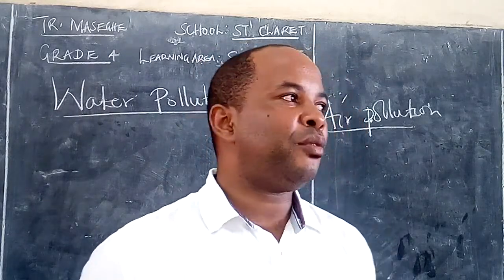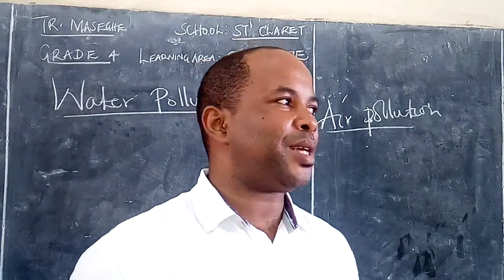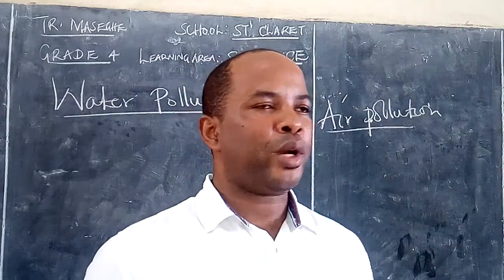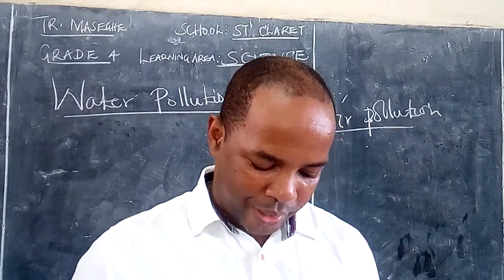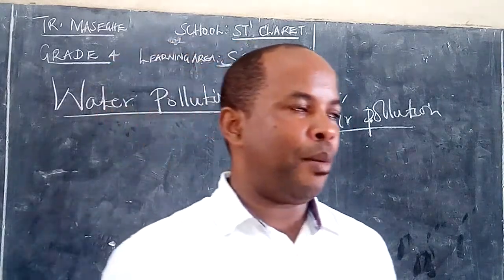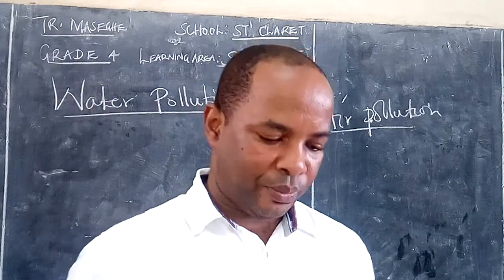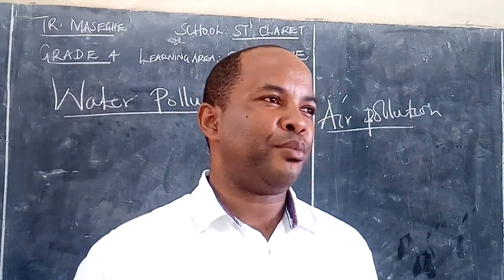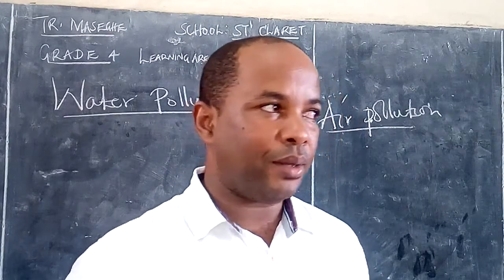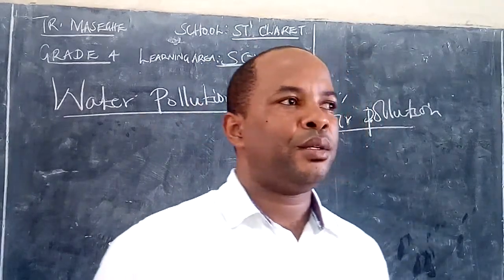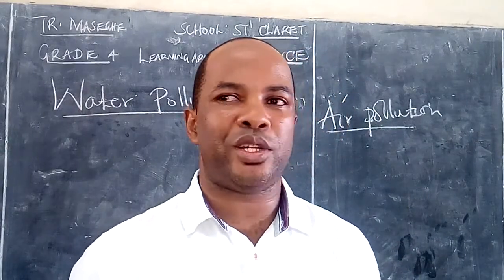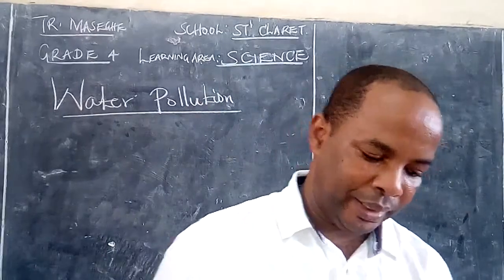We also talked about visibility, and we said that sometimes when dust is blown, it makes it very hard for a driver or oncoming driver to see. Even the pedestrian who is walking by the roads finds it so hard to see what is happening. The visibility becomes so low, and therefore it might cause accidents. This is also one effect of air pollution. So we should try very much to make sure that our air is clean.